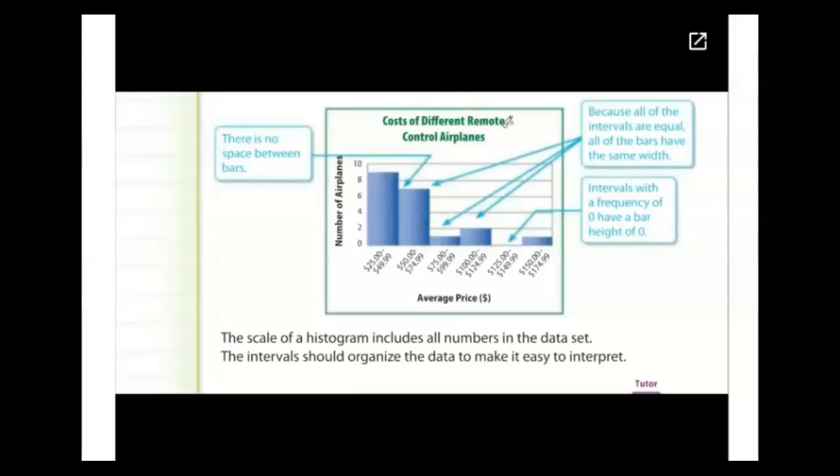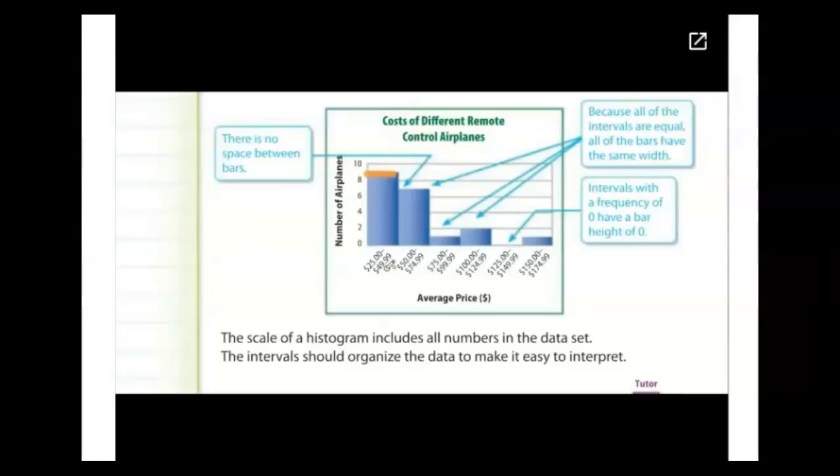So let's say we were analyzing the cost of different remote control airplanes. This first bar here represents all the airplanes that cost between $25 and $49.99. So there's a $25 range here. Now if we look up at this bar, here's the scale. It's larger than 8 and less than 10, so there are 9 planes that cost between $25